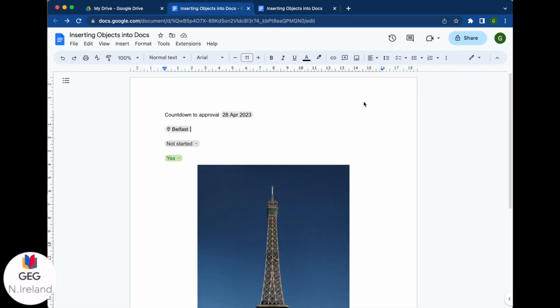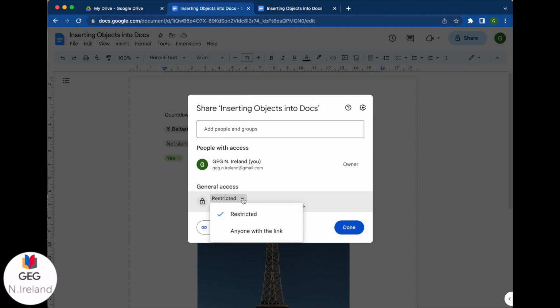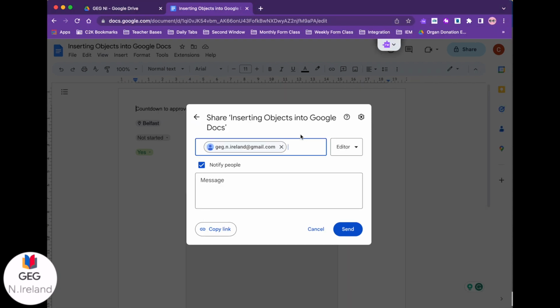The other ways I can share then, perhaps within the school environment, would be using my share button. So this will give me different options. I can choose whether to make it restricted so that it is literally only the people that I add in up here. Or I can make it anyone with the link, and within the school environment I will also have the option of anyone within C2K. So swapping across to my C2K options here, because this sharing with an expiry date specifically